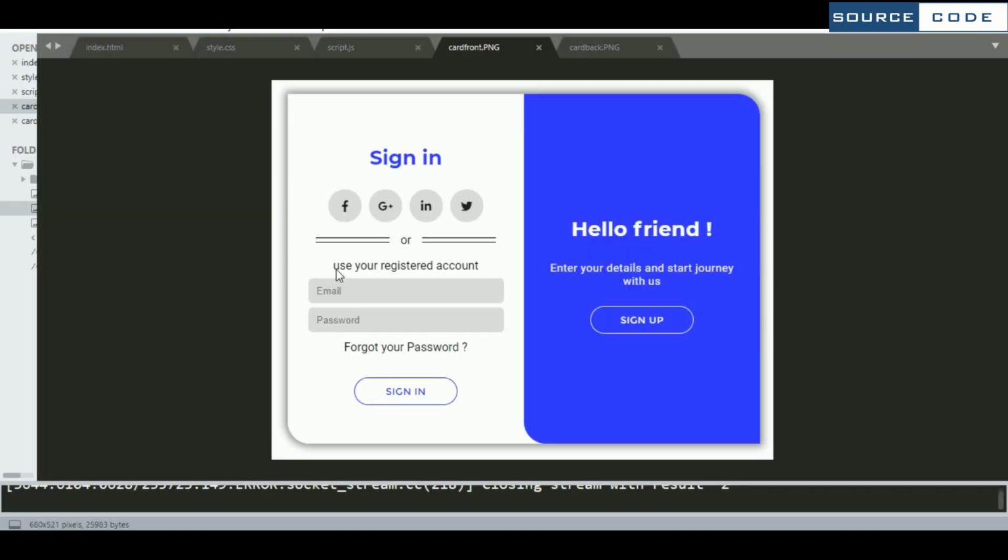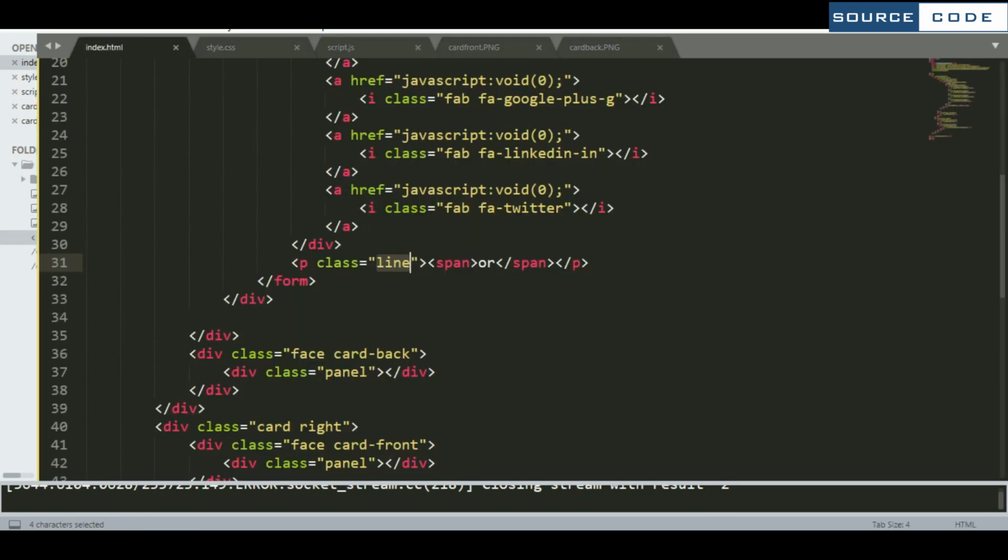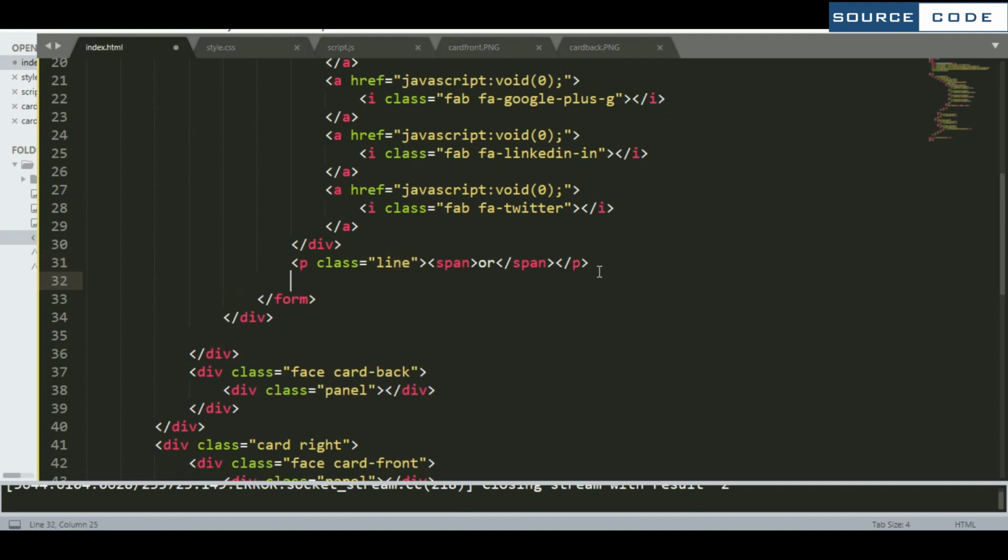So now we are going to set this one, that is use your register account. So come to the HTML part. Make one span here. Give a class as form span. Now copy this one.